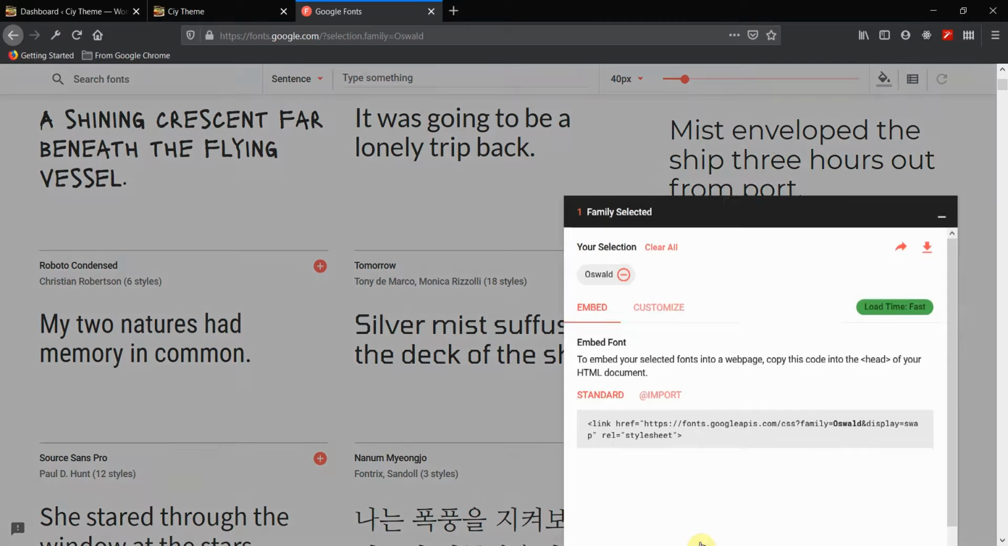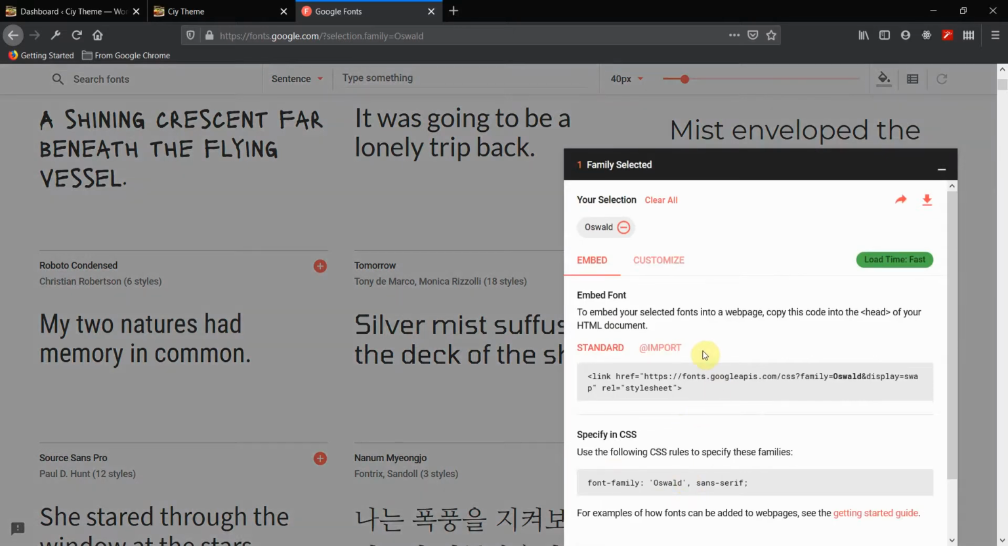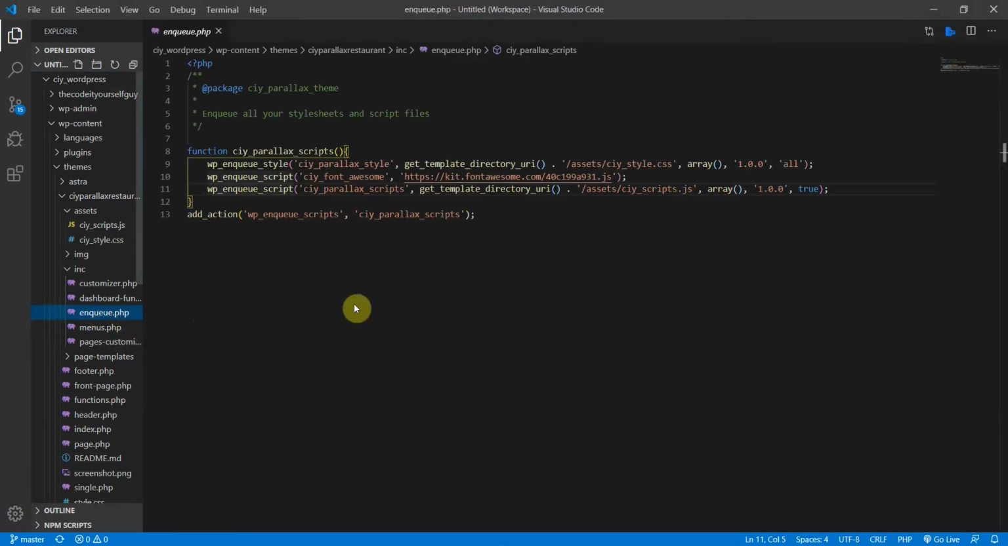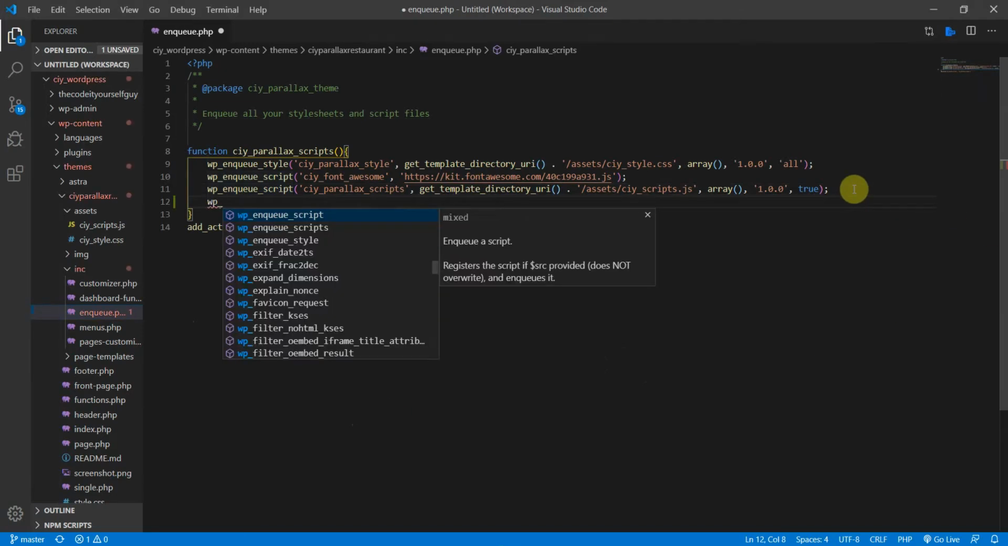So what you do here is, for WordPress, all we need to do is copy the actual URL here, HTTPS, all the way down to the end of swap. So let's just copy this, and in our file structure, we're going to need two files. So first, let's go to our enq.php file. And in here, we are going to add another style script. So I'm just going to do down here, bp enq